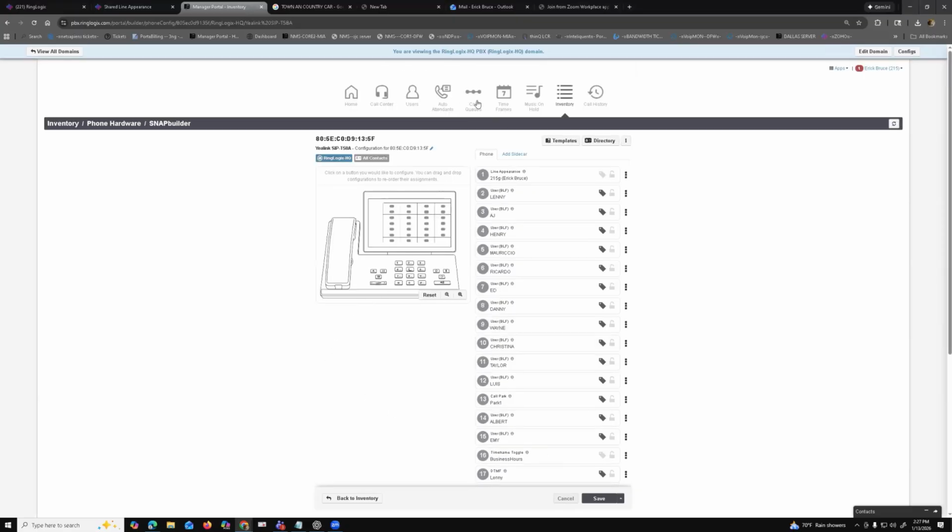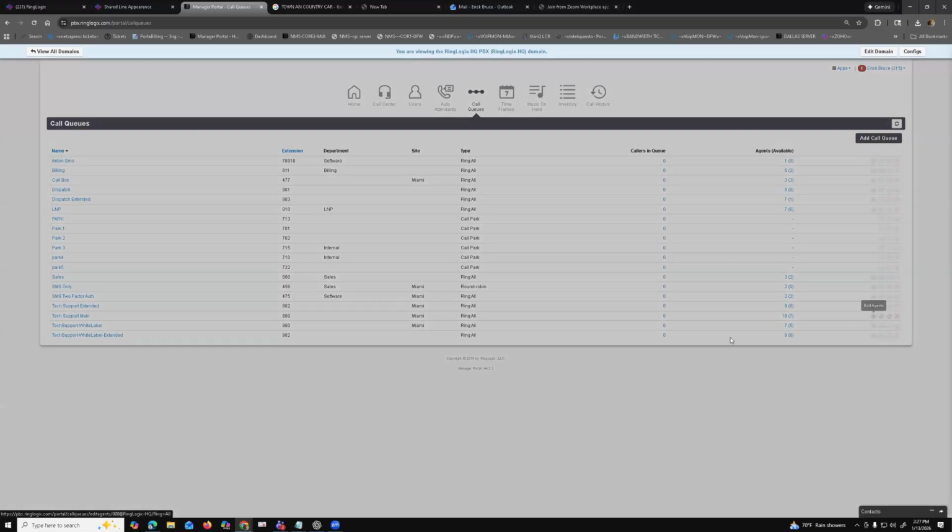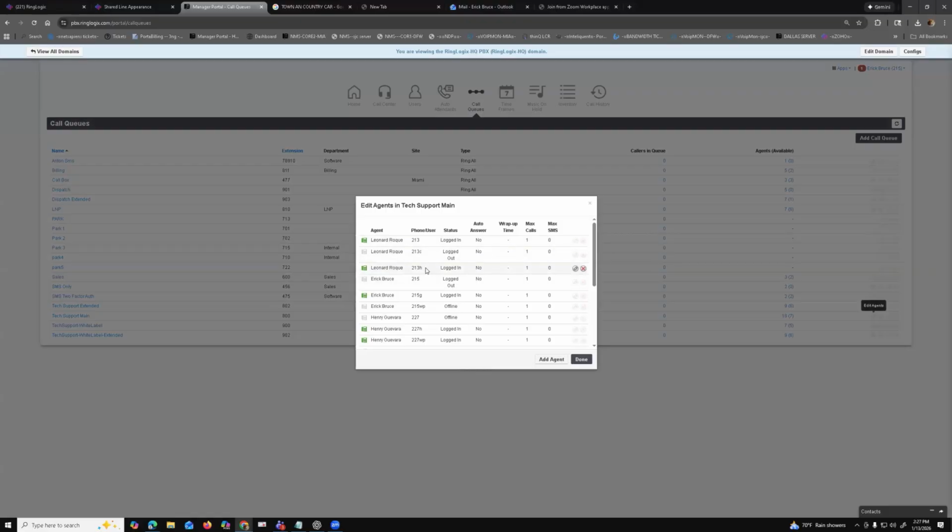For example, let's look at one of our queues, software billing, support main. Am I in that one? Yes. So you can see I'm in there right now, but if I hit the toggle,